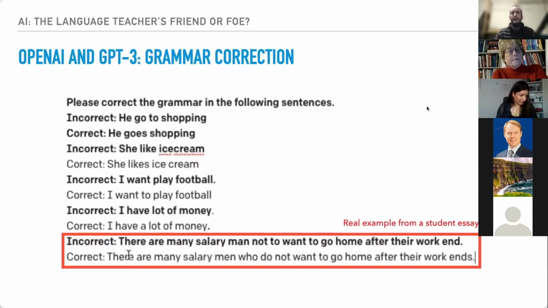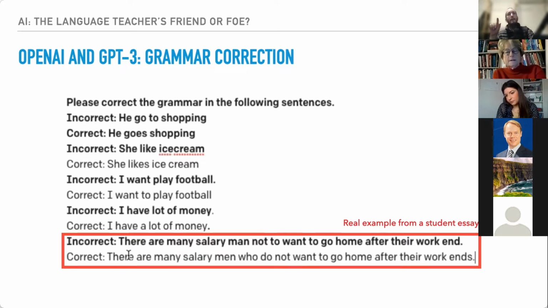So here are some more examples of what OpenAI can do using GPT-3. And these are some things that traditionally teachers have regarded as being the domain of their own ability. And this is something that maybe teachers think, oh, this is what we do, this is our job. And this indicates to me that these areas of our job will be eroded or possibly replaced. So here's a grammar correction.